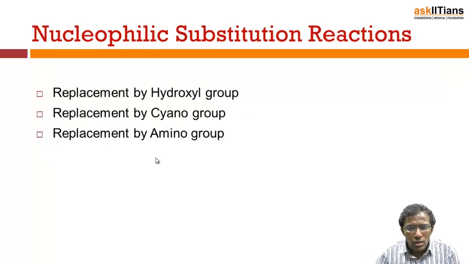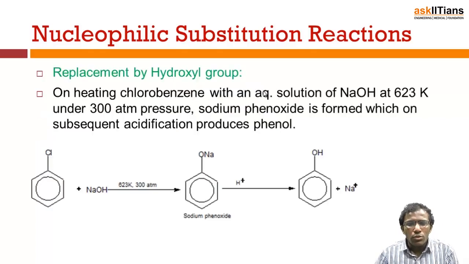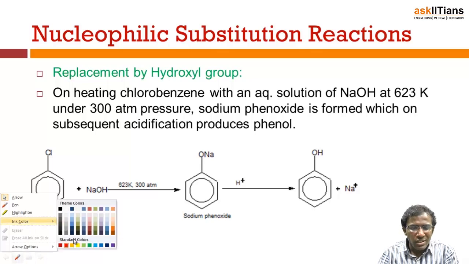So let's start with the nucleophilic substitution reactions. Here you will see the replacement by the hydroxyl group, OH, the cyano group, CN, and the amino group, NH2. So we'll see these three nucleophilic substitution reactions. The first one is the replacement by the hydroxyl group. Here I am taking chlorobenzene, and I heat this chlorobenzene